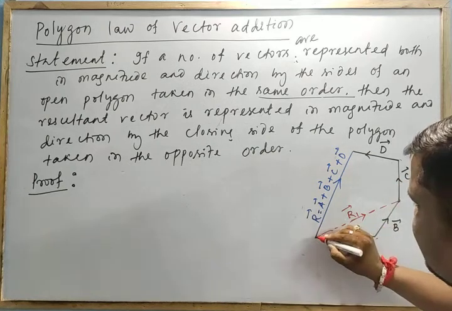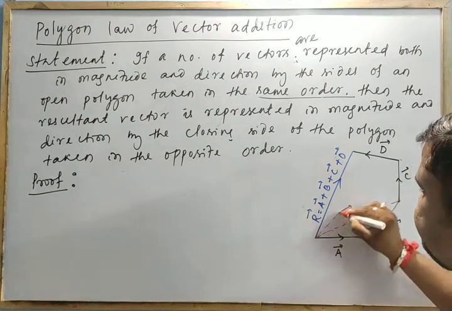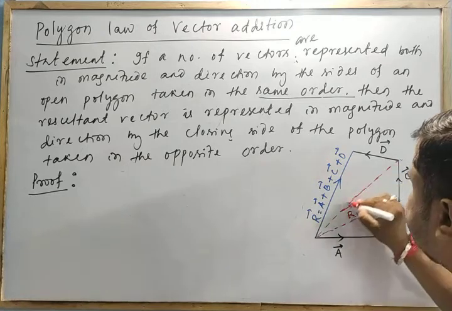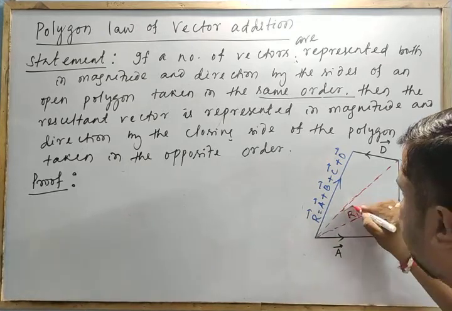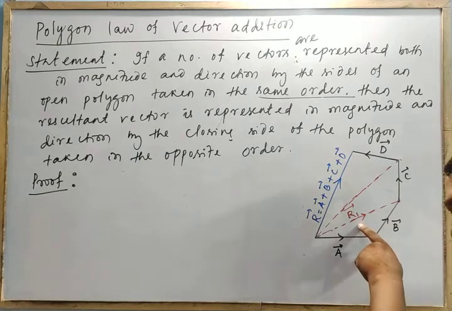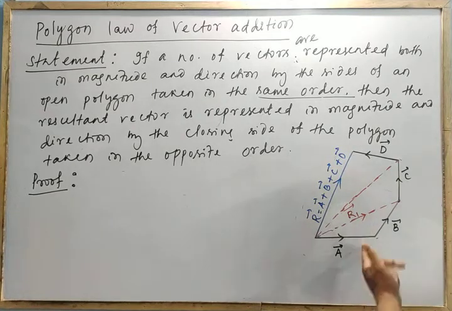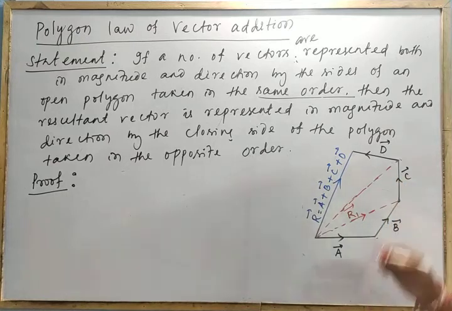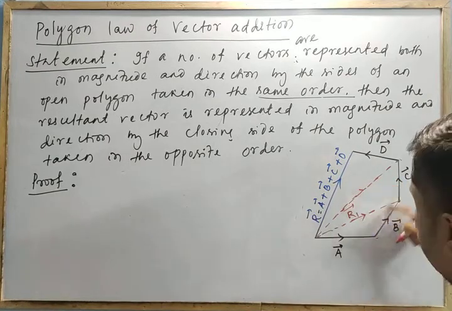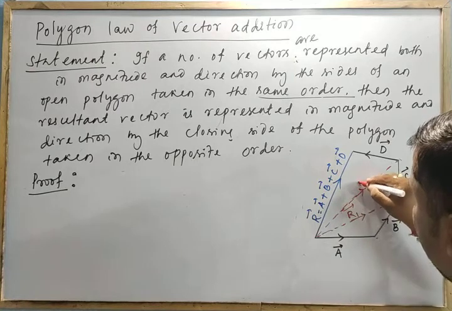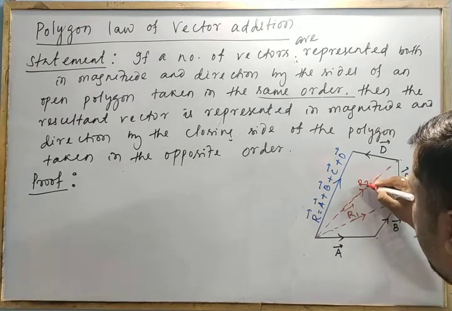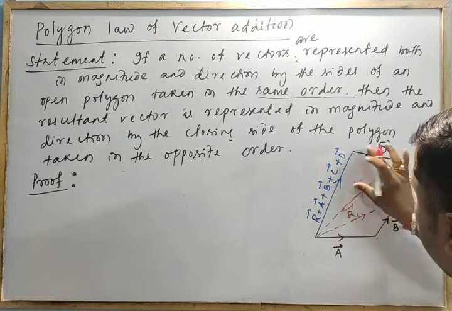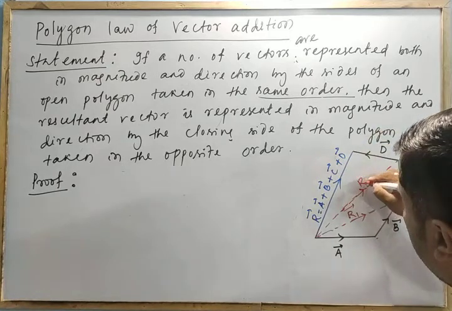Now think that R1 is a vector and C is a vector. Now make a triangle like this. Again a triangle. R1 is a vector. It is the resultant of what? I don't know. But R1 is a vector, C is a vector, they are in the same direction. And let this be the resultant R2. They are in the same order, so this is R2. Okay? R2.